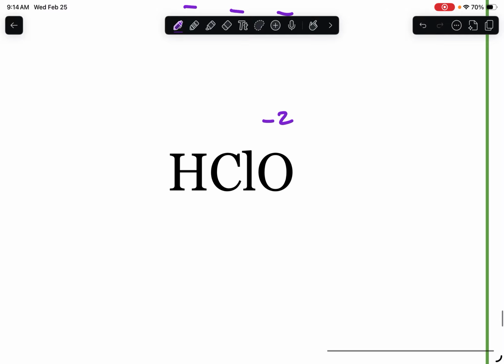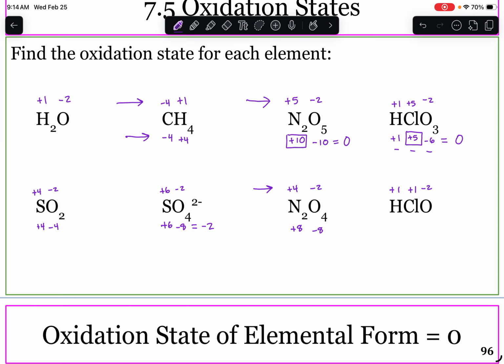We have a -2 and a +1. Those are the rules. Then chlorine better be +1 to make sure that the overall oxidation state is 0 for this molecule. All right, now that we know how to